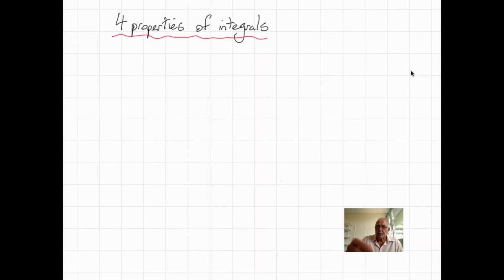Now I want to look at four properties of integrals. Before we go talking about how to calculate these integrals, we'll look at these four properties, which will become useful. Now let's just recap that if we've got a function,